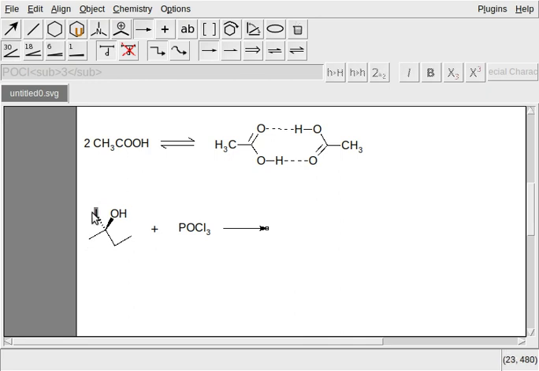And then this same compound's OH gets converted to a Cl atom. So here is how to do this. We select this whole structure again and change OH with Cl.